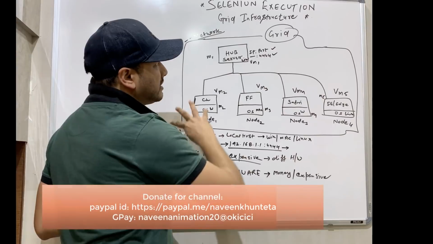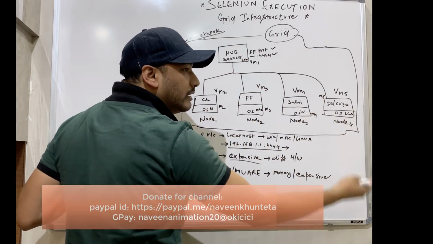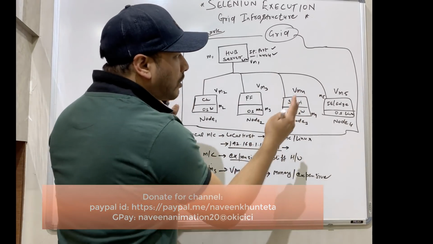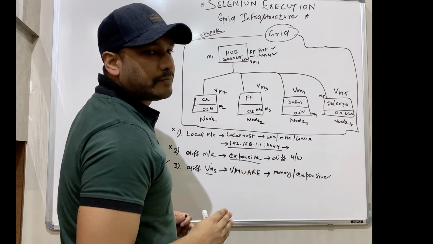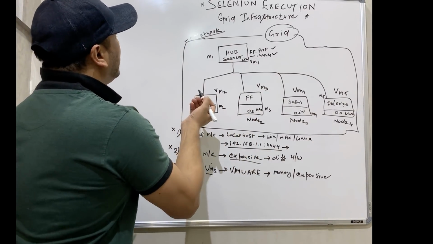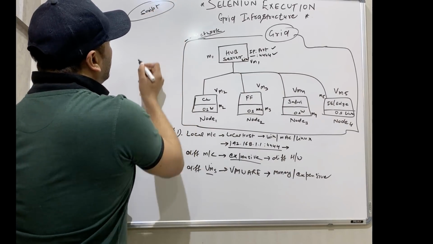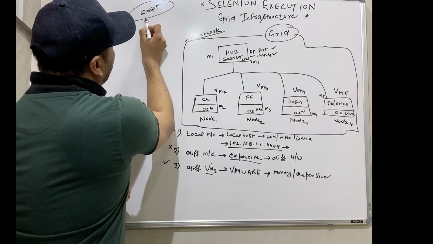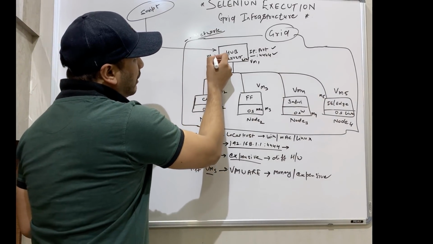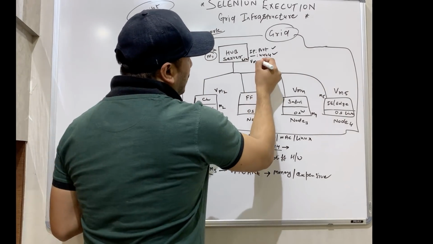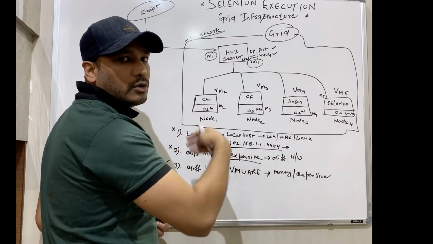What you are changing is you are just changing from localhost to different machines, to multiple VMs. Ultimately, the grid concept will remain same. We are not going to change the concept of the Selenium Grid. It means whatever the script that you have written, let's see, this is the script that you have written over here. So from the script, you are sending the request to the hub only. Now it doesn't matter, this hub is running on your local machine, it's running on your VM, or whatever. We will talk about some more options.